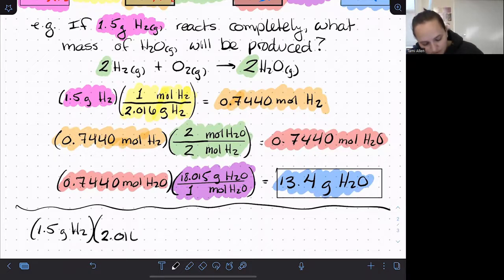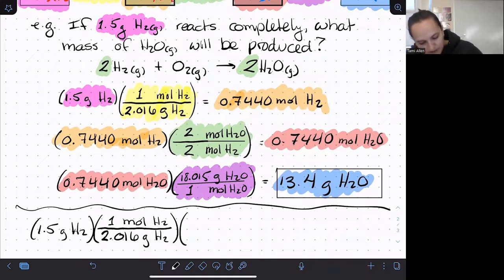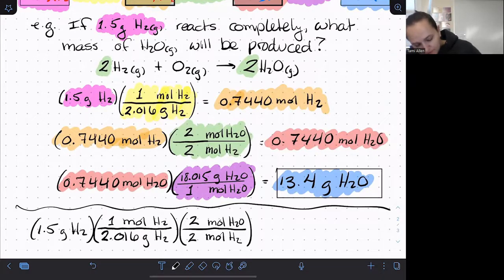We know that we need to convert grams to moles, so we divide by the molar mass, and then we need to convert moles of H2 into moles of H2O. So we use the mole ratio of 2 to 2, and then we need to convert moles of H2O to grams of H2O